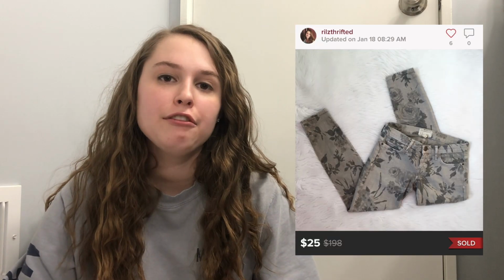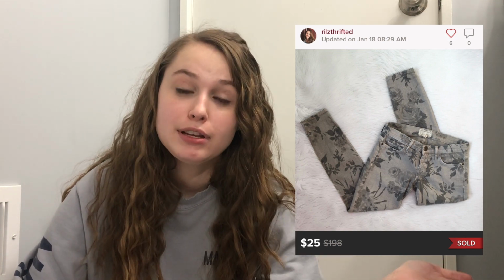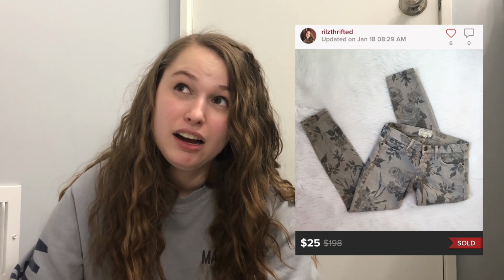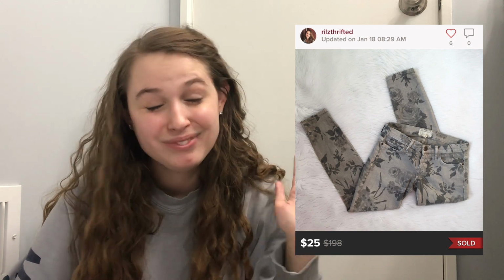Next, on the 18th, I sold these Current Elliott gray floral print skinny jeans. And I got an offer for $25, and I was very happy with this offer. These have been sitting for a while. I would not recommend picking up floral printed jeans. Colored jeans, also not really in style right now. And these were also an older pair from like 2014. If I had gotten them a few years ago, a lot of celebrities had worn them. But you know, in 2020, not really